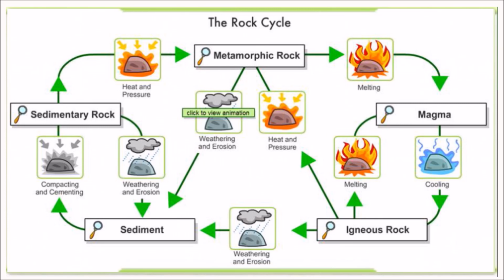When these igneous rocks are weathered, which means broken down, eroded or transported and deposited at some places, they form sedimentary rocks. So the sedimentary rocks are formed when the igneous rocks are eroded and get deposited at various time